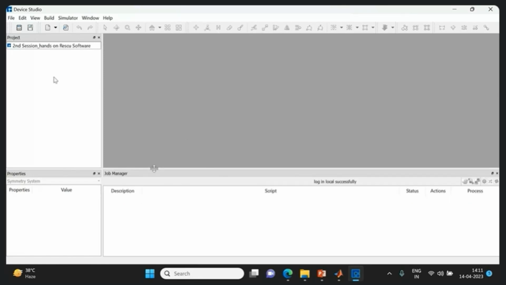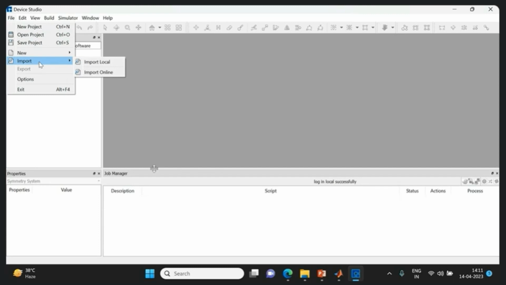So once you have created the project, then you can go to the file option and select this import option. So either you can create your material, crystal structure, molecular structure, or you can import from this local database or online database. So I would like to import from this local database. So you can select this import option, then import local,